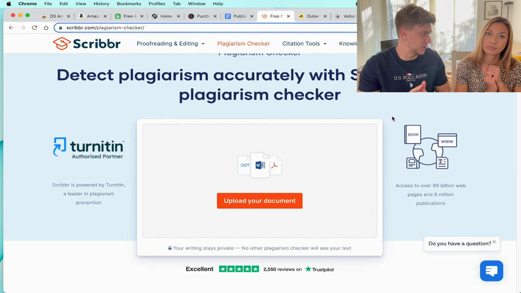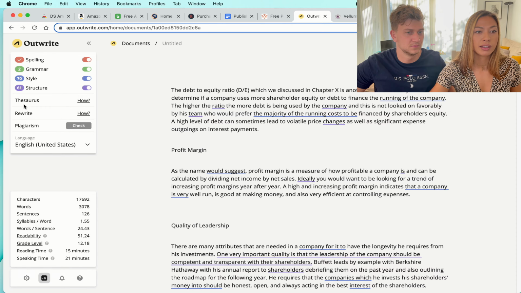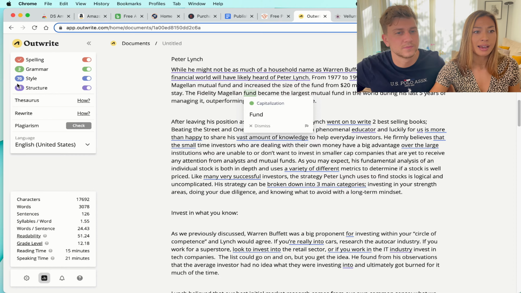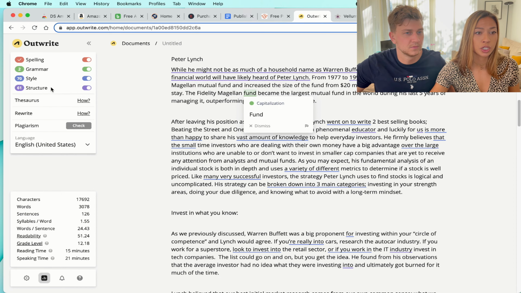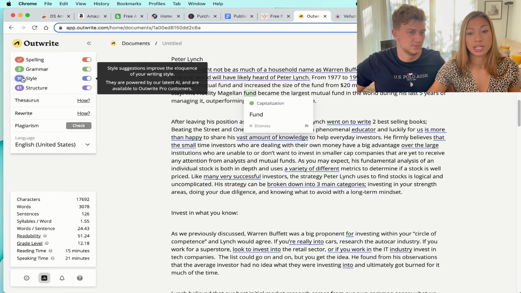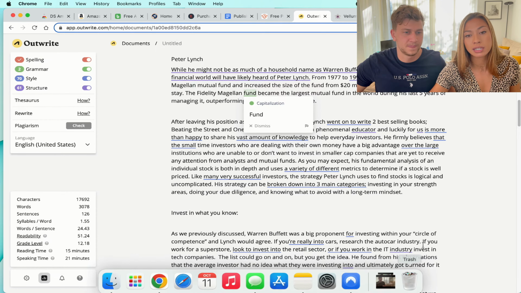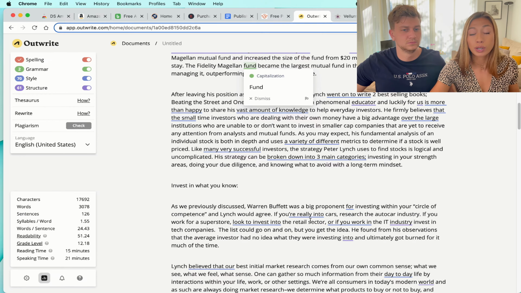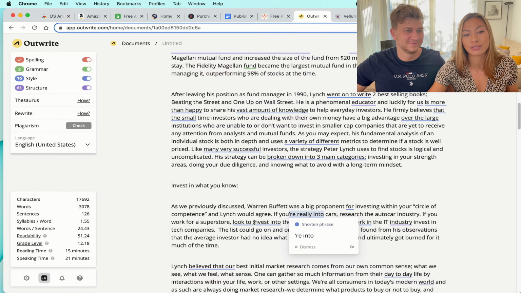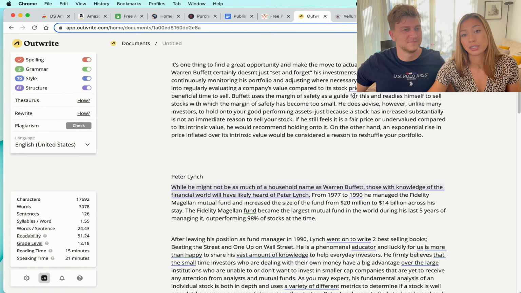So really quickly, we've just loaded a quick document to show you what it does. As you can see over here on the left, it's done this check. It says there's no spelling errors. That's what the little check mark means. And then there's 2 grammar errors. If you click on it, it will take you down to where it is. And then it gives you style and structure recommendations as well. But basically, as I said, if you know what Grammarly is, it's pretty much the same thing,